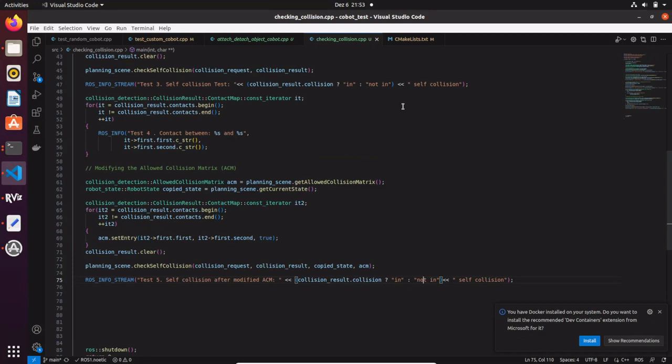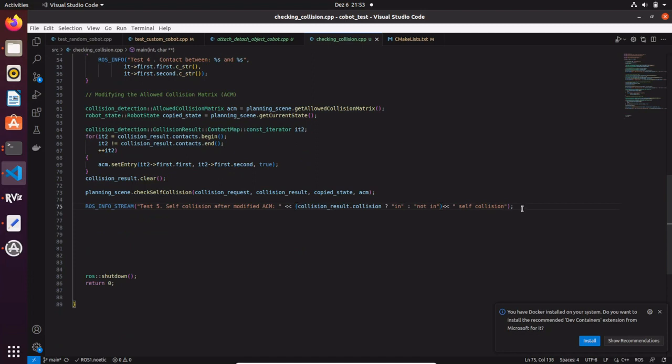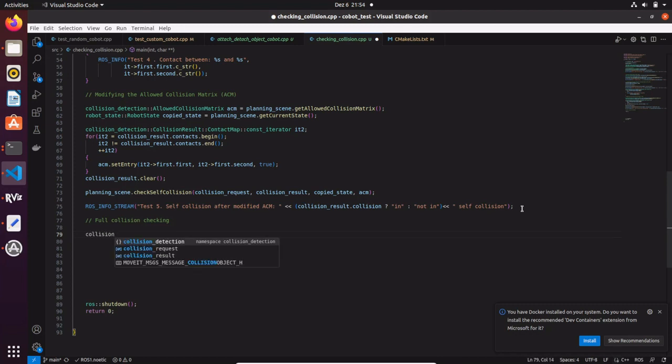Okay, as a final test, what we can do is to make a full collision checking. So what does it mean? It means that while we have been checking for self-collision, what we can do now is to use the check collision functions that we have seen so far, instead, which will check for both self-collision and for any collision that might happen in the environment,